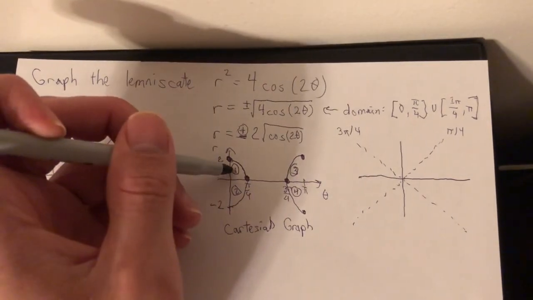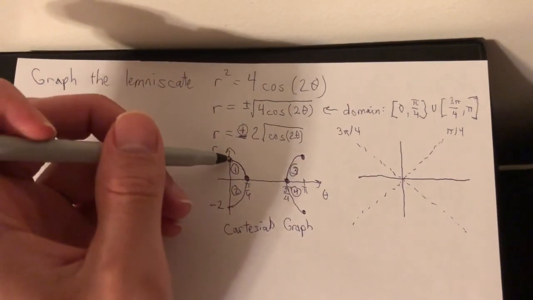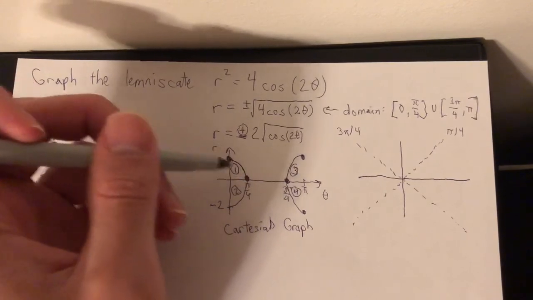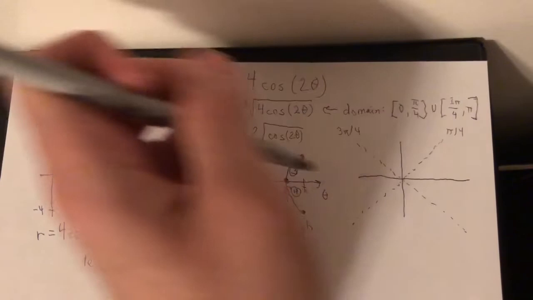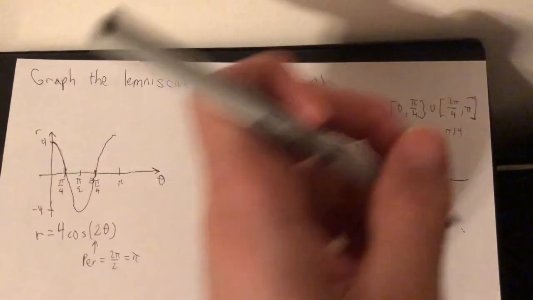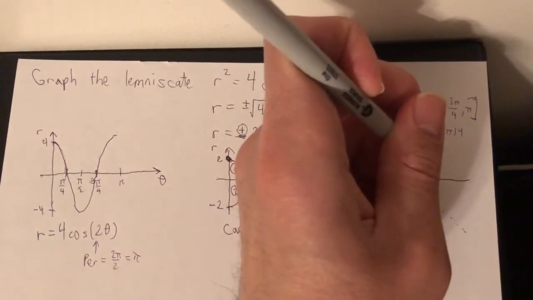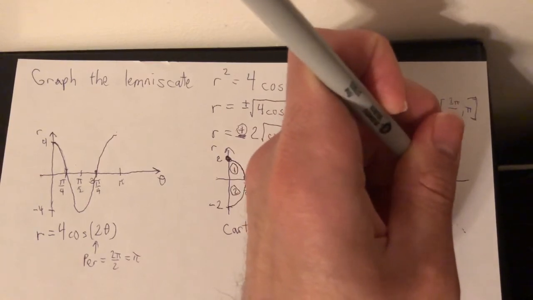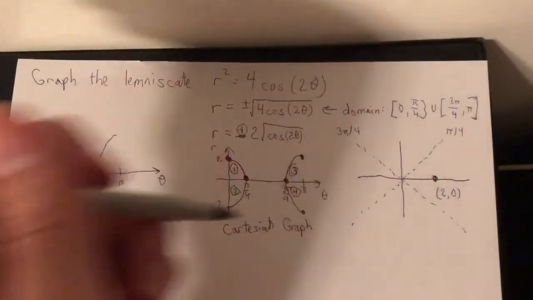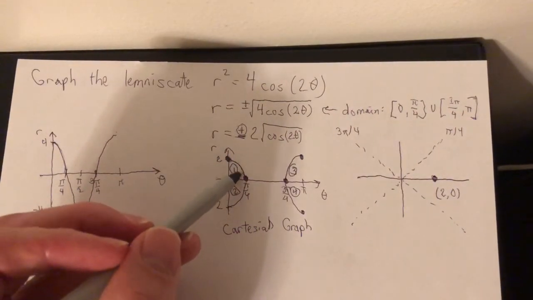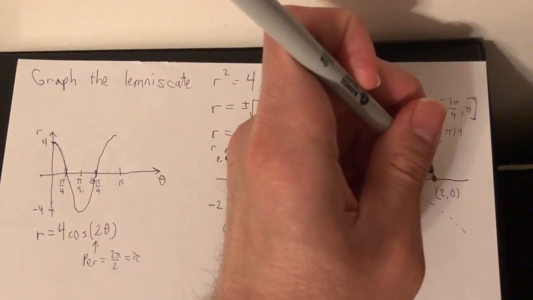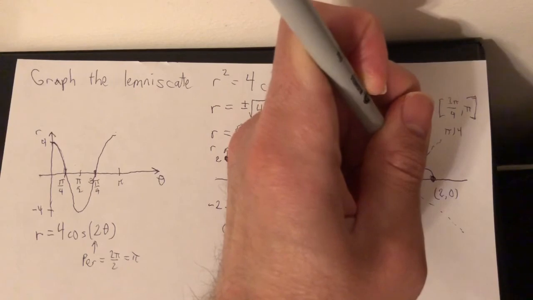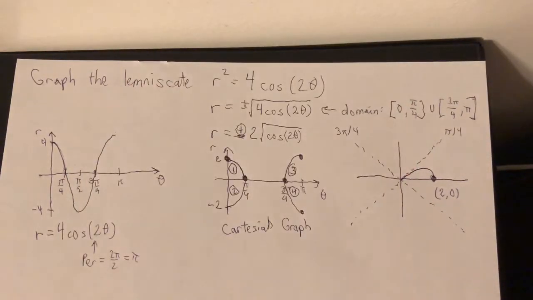So for part 1, as my angle goes from 0 to pi over 4, my r value, my distance from the pole, is going to decrease from 2 to 0. So if I consider this to be 2, 0 in polar, as my angle increases from 0 to pi over 4, my r is going to decrease from 2 to 0. So that's